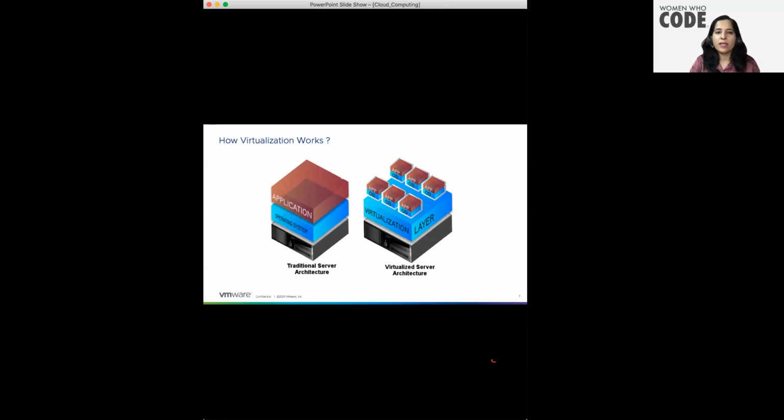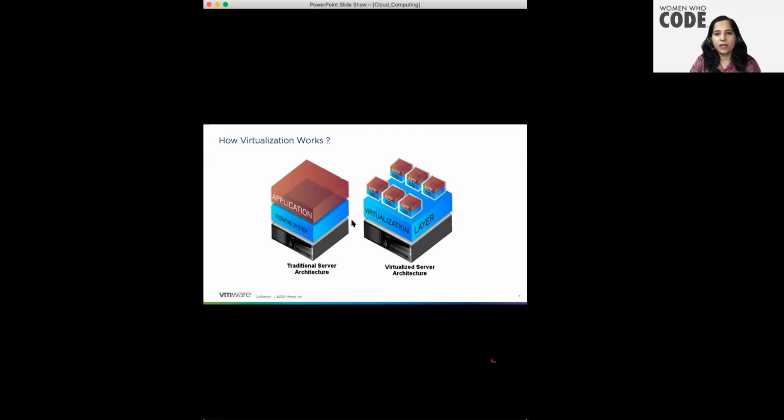Both of them have their pros and cons. If you see the type 1 hypervisor, because it's directly installed on the physical hardware, it has direct, full control of the physical infrastructure. So the processing can be faster because there is no intermediate layer between. But because it has to control the physical infrastructure, the functionality becomes complex. So type 1 and type 2 both have their pros and cons, and depending upon your requirements, you can use either a type 1 hypervisor or a type 2 hypervisor.